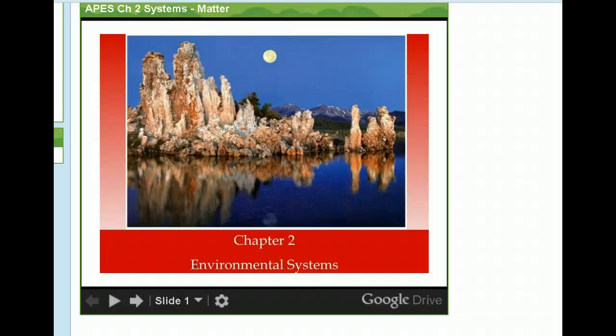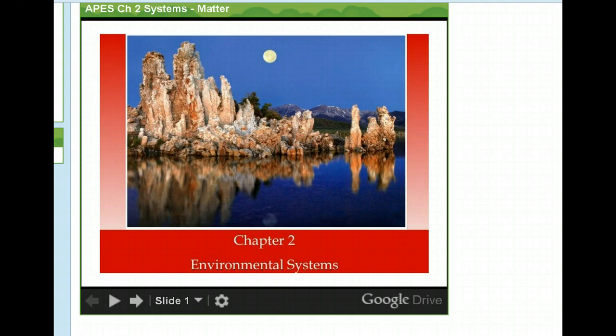I'm going to talk to you about Chapter 2 in the AP textbook. Please read pages 27 and 28 about Mono Lake. It's a really interesting story about what happens when they diverted water from this lake. It messed with the food chain because the lake got a lot saltier. So I'd like you to read that, and we'll talk about that one and try to understand what happened there.